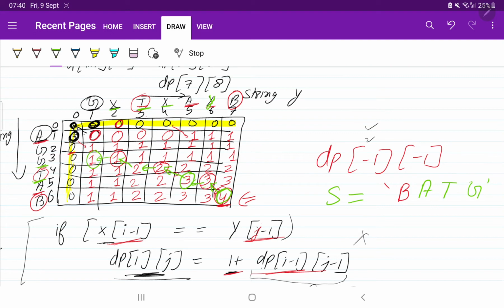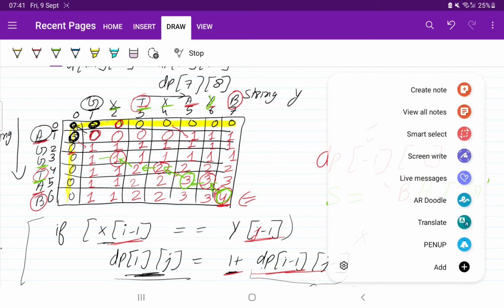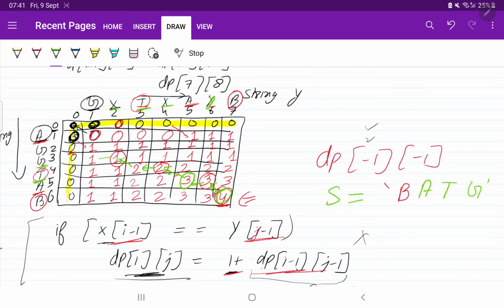Okay, so sorry. Yeah, move in the direction from where they came. I think I have written something incorrectly. A G G T A B, yes, it is correct. Okay, so let us move here. If the elements, like we were here at G and X, they were not equal, so we need to move in the direction which is maximum. Perfect. So what we will do, we will go in this direction.